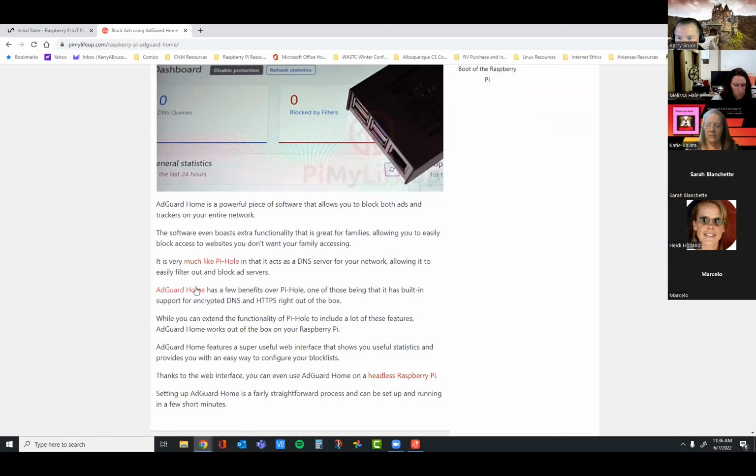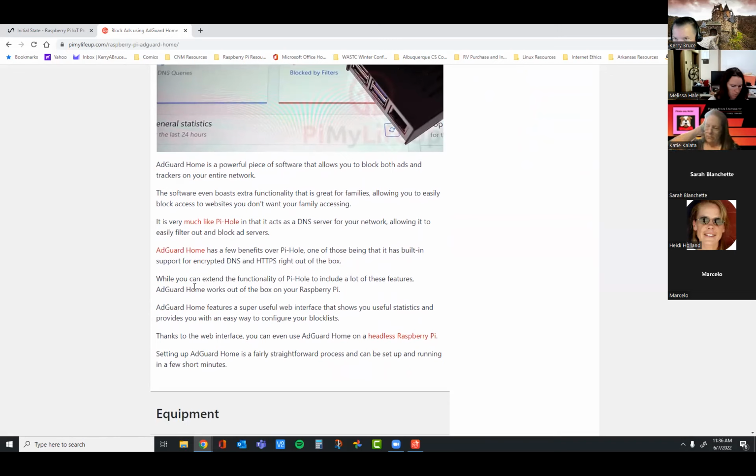The difference between these two is that AdGuard comes with encrypted DNS and HTTPS right out of the box, and you have to add things to Pi-hole to get that to work. I think they both work the same.